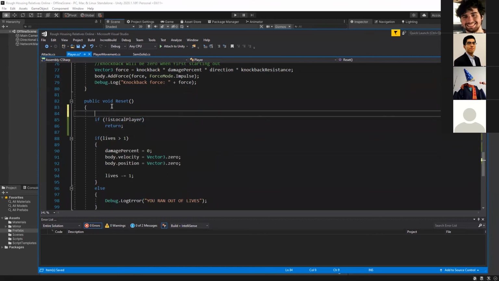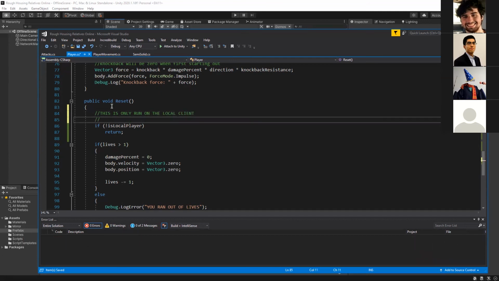In this case, this is only run on the local client. It's client authoritative still. So it's up to the client to determine whether or not to reset themselves.